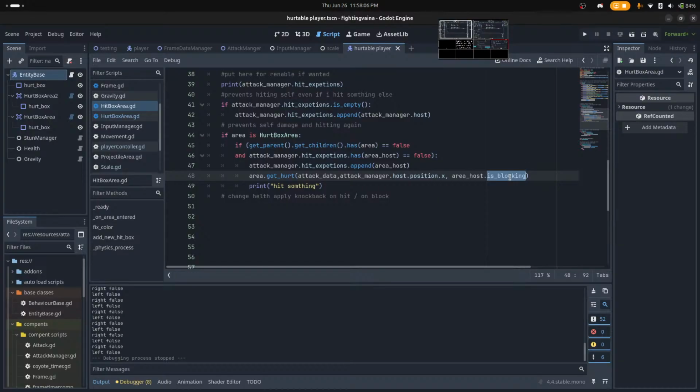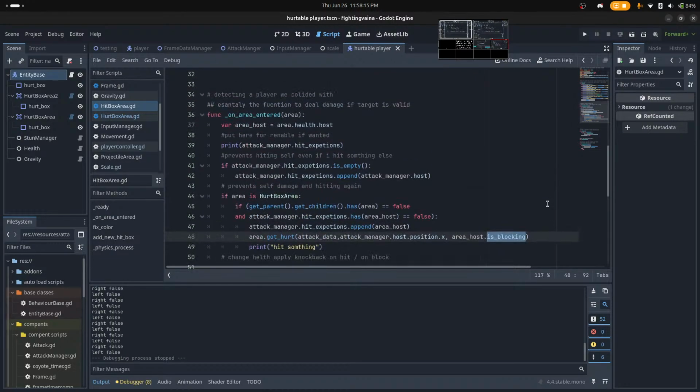Now I might want to have a function that's like check if blocking, if blocked. Is there something that should be like a block manager? Well, if there is a block manager, let's think about it this way. Every attack can be considered blocked when the attack manager is blocking, with quotation marks around both of the times blocking is used, so that when I get hit, we start a check for if we're blocking or not. And then in that check,